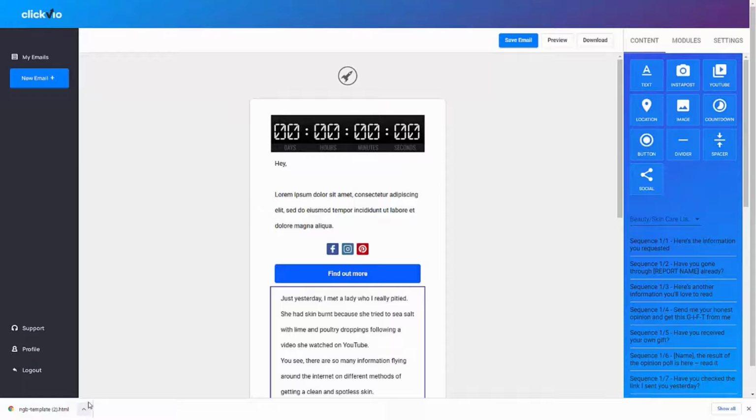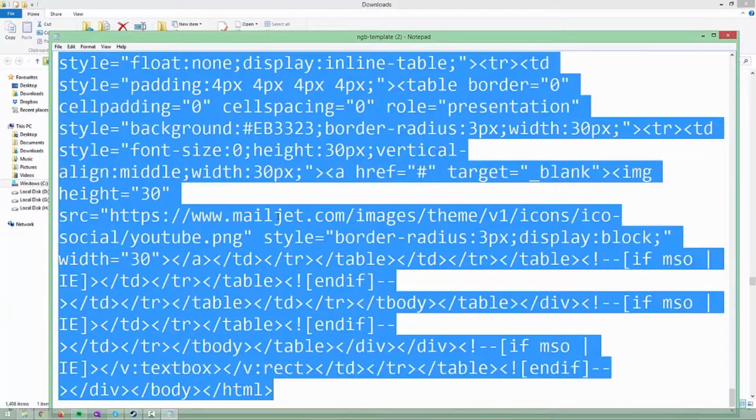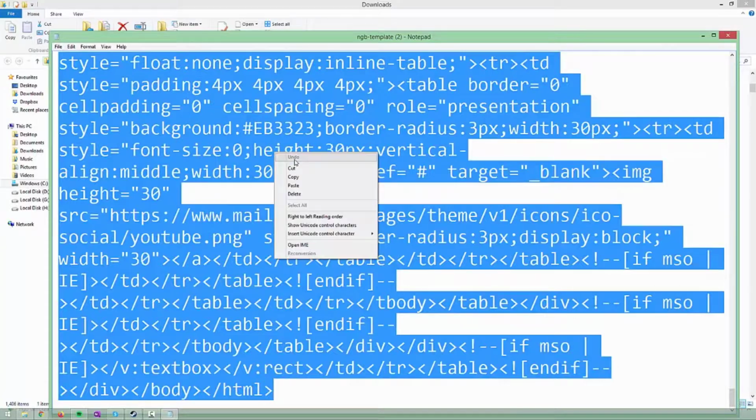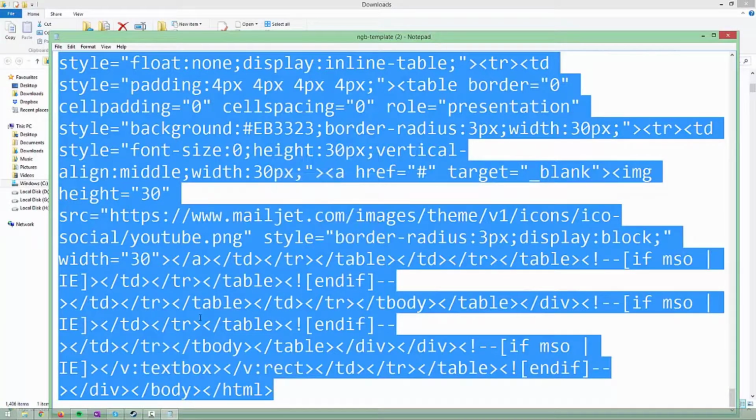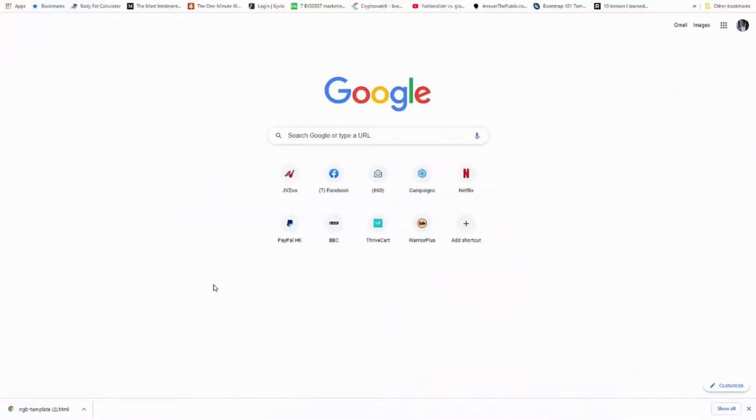Now let's go ahead and bring this content into our autoresponder. So I'm just going to open this in our folder. All right, there we go. So right click here and open with a text file, right? Notepad or a text file is what you want. I'm just going to copy and paste this. So I've just copied this. I'm going to copy this again. Let's go back over here and I'm going to jump into our autoresponder and show you exactly what this looks like and show you exactly how this works.